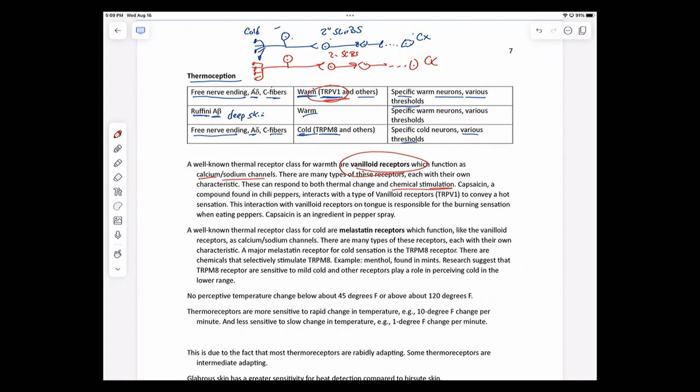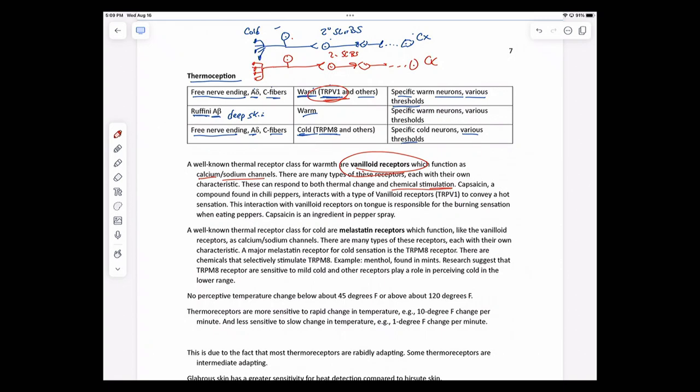Well, it's not because the cream is making the skin hot. It's just that that chemical is interacting with the TRPV1, giving you the sensation of warmth. So there are chemicals that can do that. You have certain pH changes. If you take some acid and rub it on your skin, it's going to give you a warm sensation. So these TRPV1s not only can interact with certain chemicals, they're also responsive to pH changes as well.